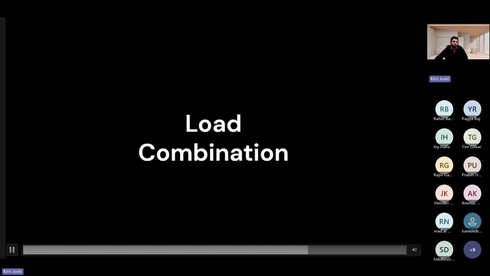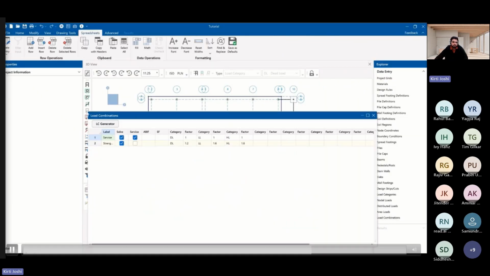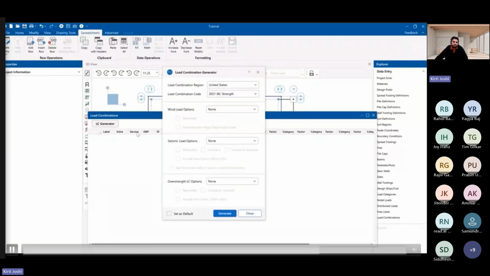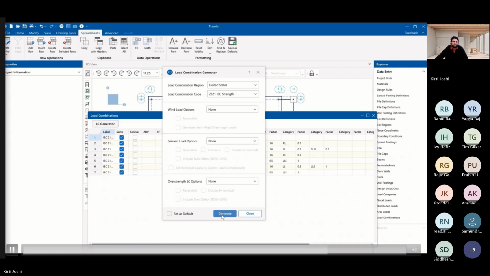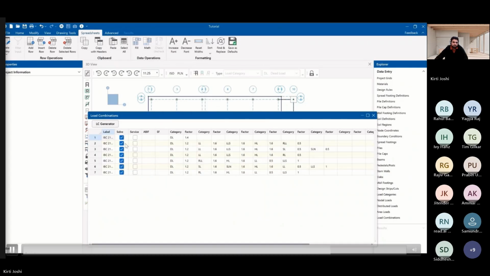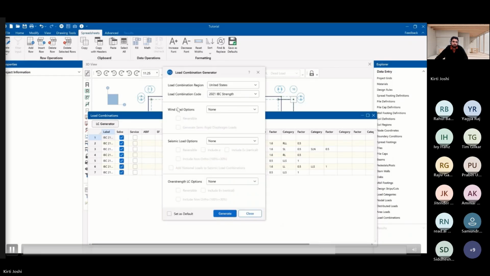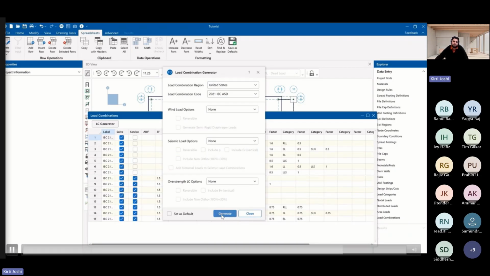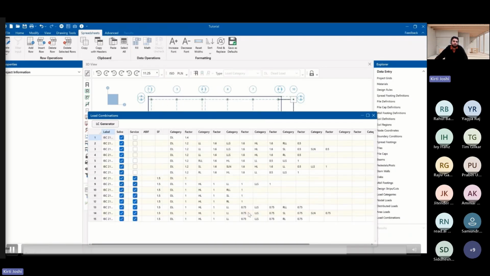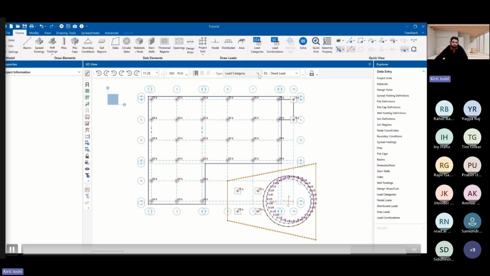Once we create the load cases, we can create the load combinations. We'll use the load combination generator that will automatically generate my load combinations as per the region. You can change it to the AISC or the IBC load combination code as per the requirement, and it will generate the load combinations. And you can see the load values graphically, with the load combinations I've created. It will take a factor,